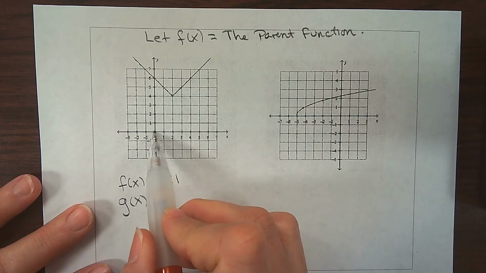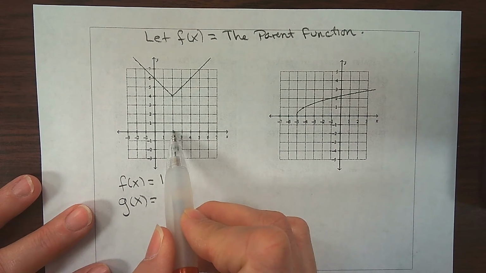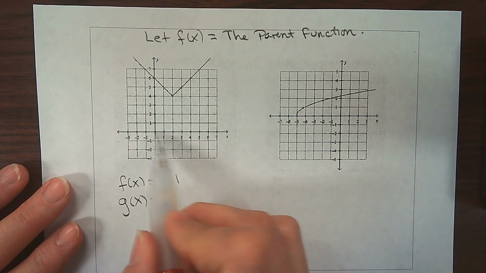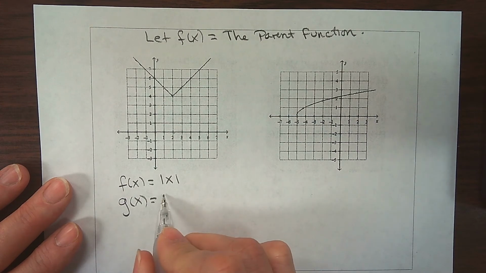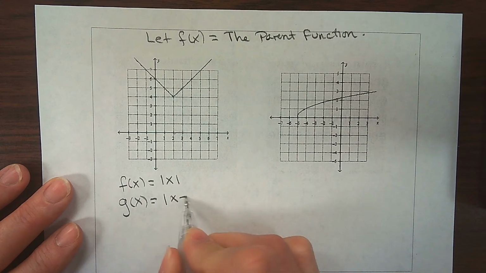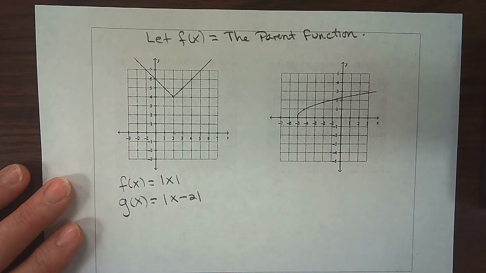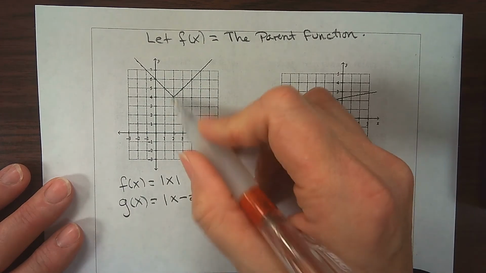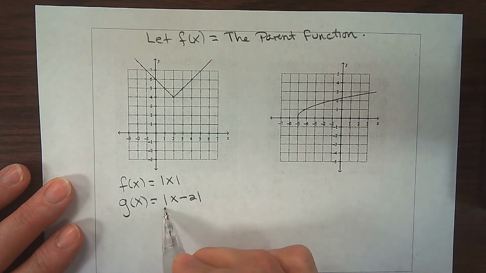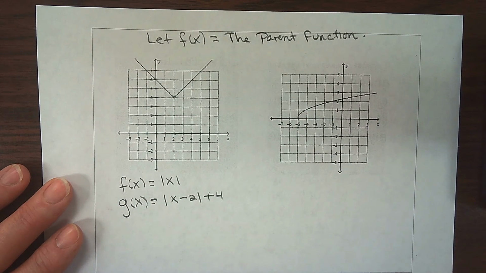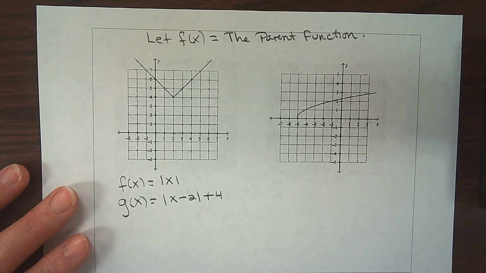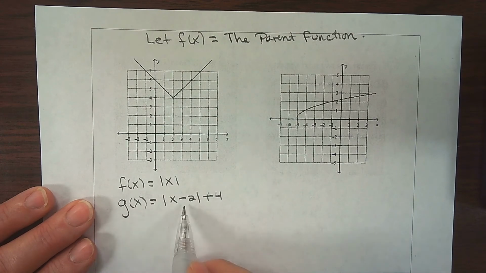All right, remember that in a horizontal sense, since x is the counterintuitive variable here, the 2 units to the right might make us think plus, but it's really minus, a subtraction from the x. So x minus 2 to represent that shift 2 units to the right. And then shifting up 4 units happens after the parent function is applied, after the absolute value, and it's in the direction we would typically think. So up 4 makes us think plus 4. There is our new function, g of x, the absolute value of x minus 2, and then plus 4,